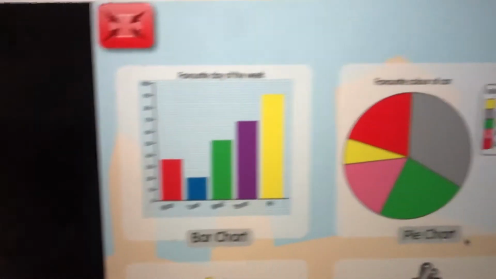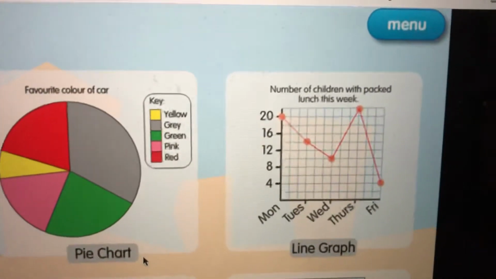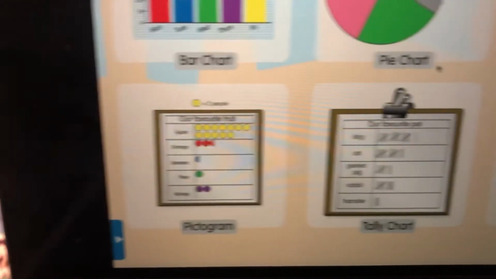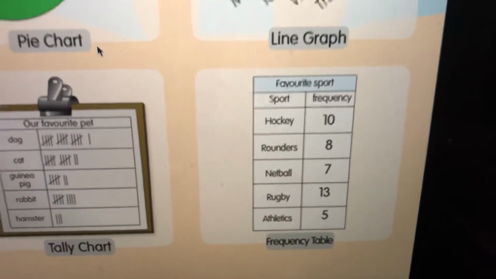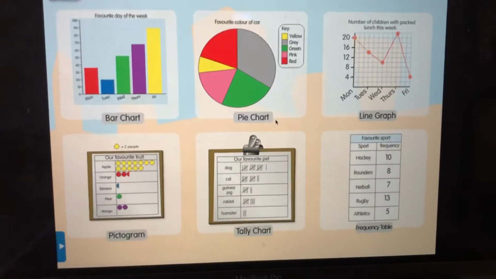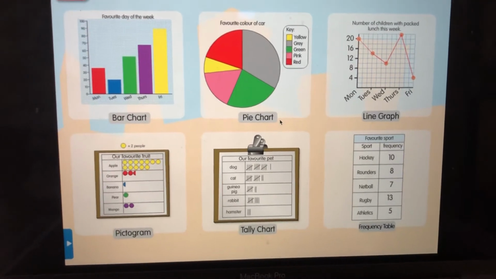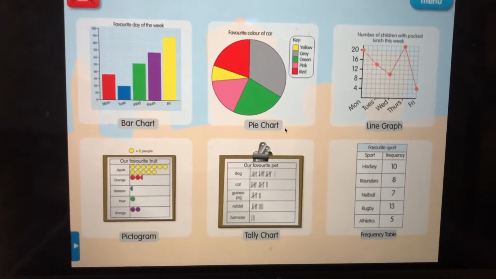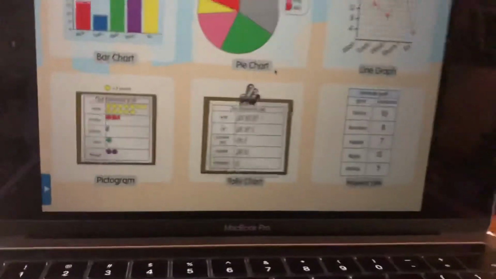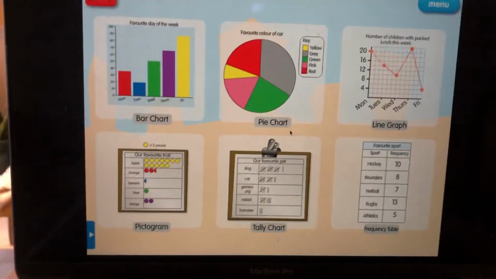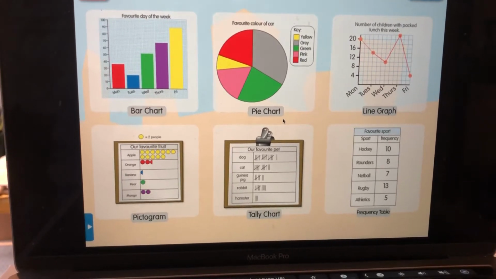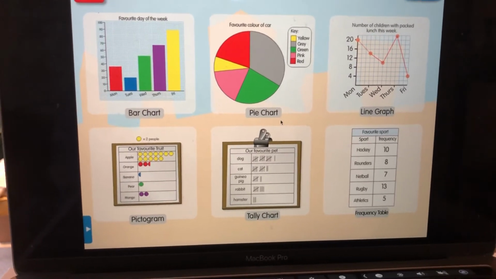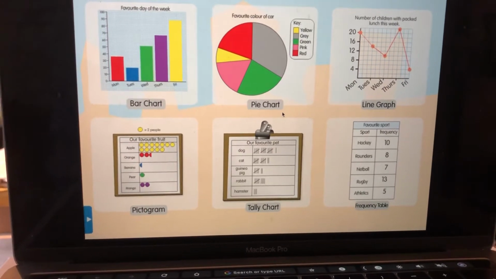A bar chart, a pie chart, a line graph, a pictogram, a tally chart, or a frequency table, meaning the number of times that something happened. If I was going to ask what our class's favorite dessert was, which chart would you use if I said, what is our class's favorite dessert? I think there's a lot of options for that one. What about